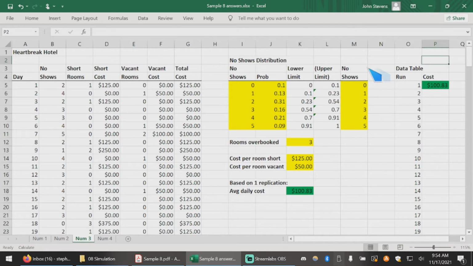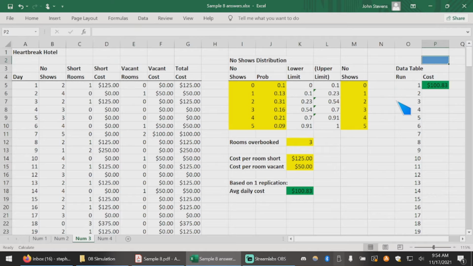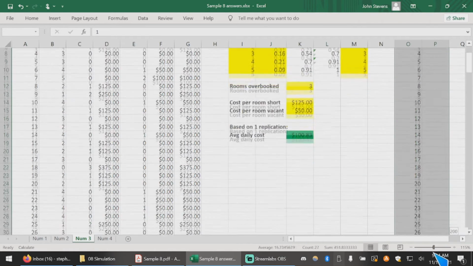Okay, so for the data table, for my purposes, I need a temporary dummy cell that no one uses. That's going to be my blue cell over there. So in truth, the data table puts the number in the run column into that blue cell, imagining it actually has an effect, which we don't want it to have, recalculates everything and returns the output cell that I want. I select the whole data table,